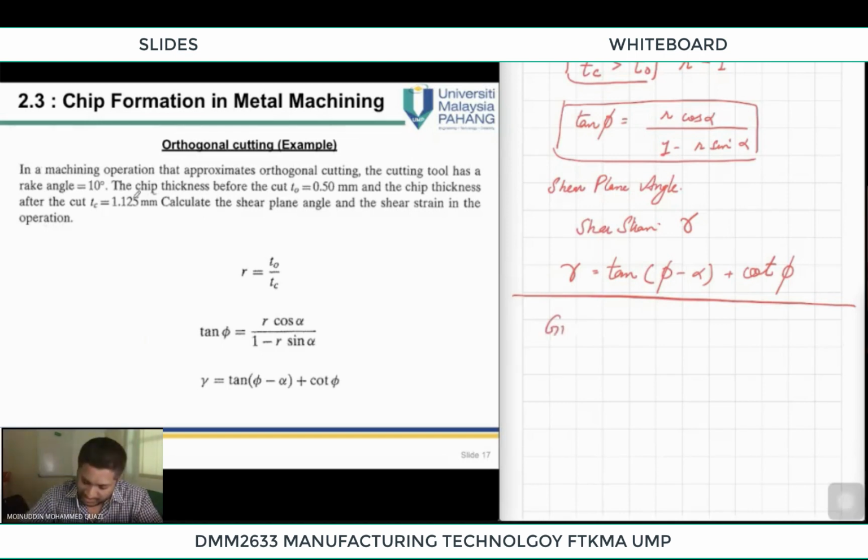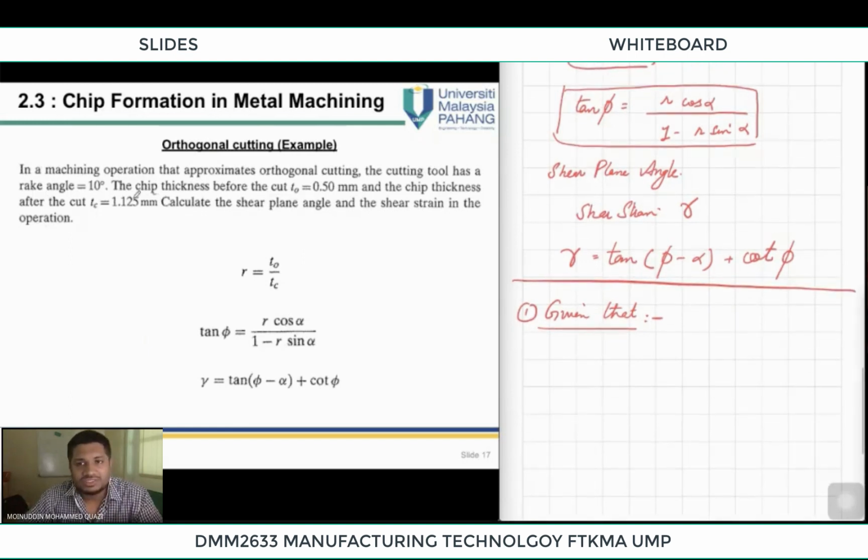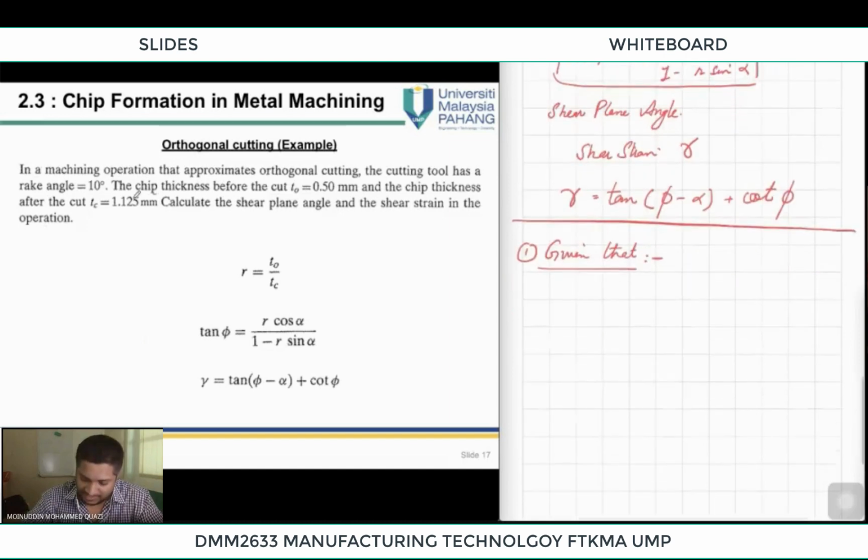So, given that: some students did not put "given that" in the exam, so I could not give them the marks. Some students directly put the values and started solving, and they made a mistake, but they did not put the formulas and given data, so I could not give them the marks. Try to put given data and formulas. Those students who did, I gave them 7 marks out of 10, whether the calculation was wrong or right doesn't matter. So my recommendation is for the final exam, be aware of that.